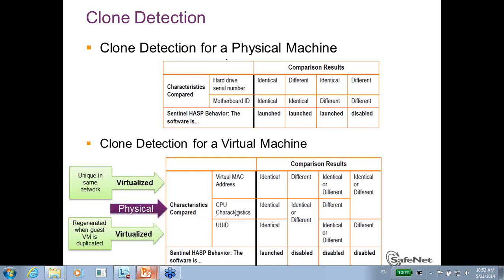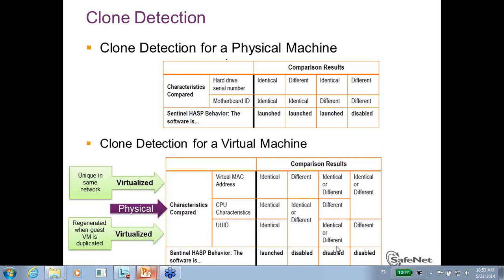Now, if one of them has been changed, either the virtual MAC address or the CPU or the UUID, then we identify the virtual machine as cloned, and therefore we don't allow the application to run on this machine. So it's more jumpy, let's say. It is enough for one of them to be different, and we say no, this is not the normal and original virtual machine, and therefore we do not allow the application to run. So this was the situation, and